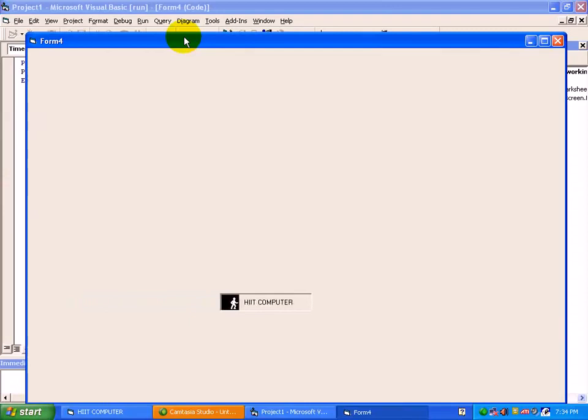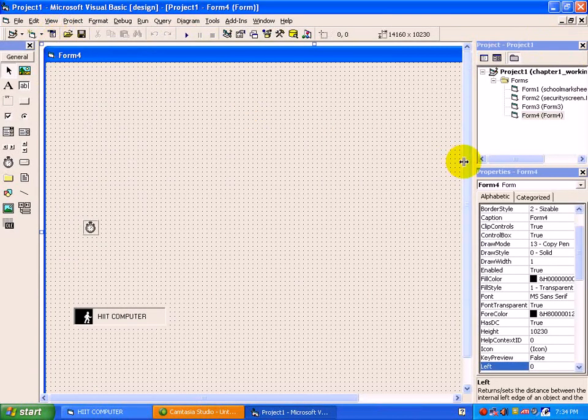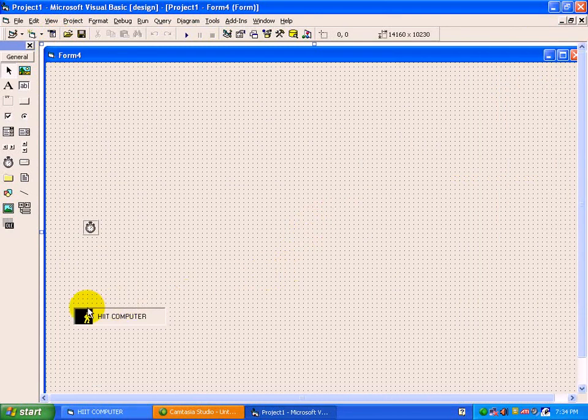Wow, a picture is moving. But if you notice here, the picture is not stopped at the end of the screen position, as it is working in an infinite loop.